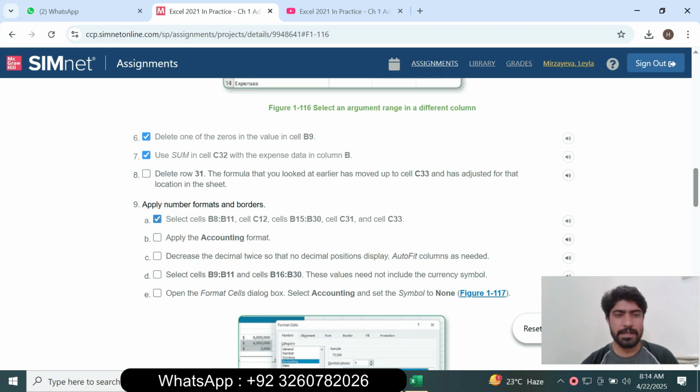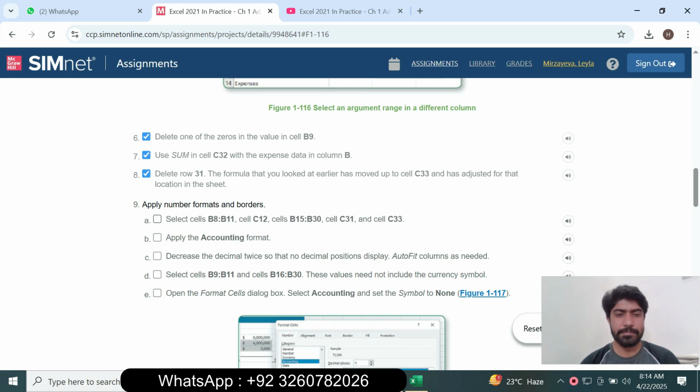Question number 9 is to apply number formats and borders. So select the cell ranges B8 to B11, C12, B30, cell C31 and cell C33.